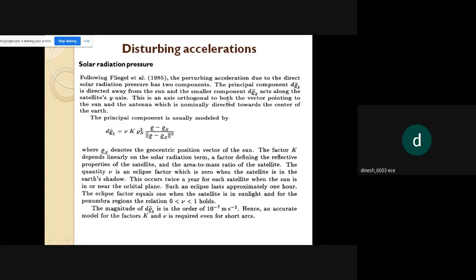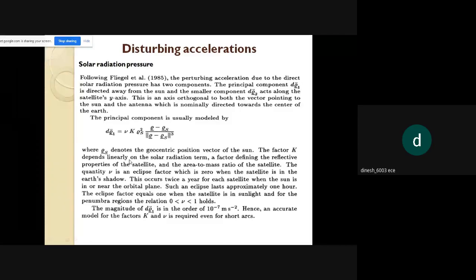So there is an axis orthogonal to both the vector pointing to the sun and the antenna, which is normally directed towards the center of the earth. So usually we can find this SRP in terms of dp1, which is away from the sun, as V into K rho s square, (rho minus rho s) divided by the determinant of (rho minus rho s) the whole cube. Here rho s denotes the geocentric position vector of the sun,